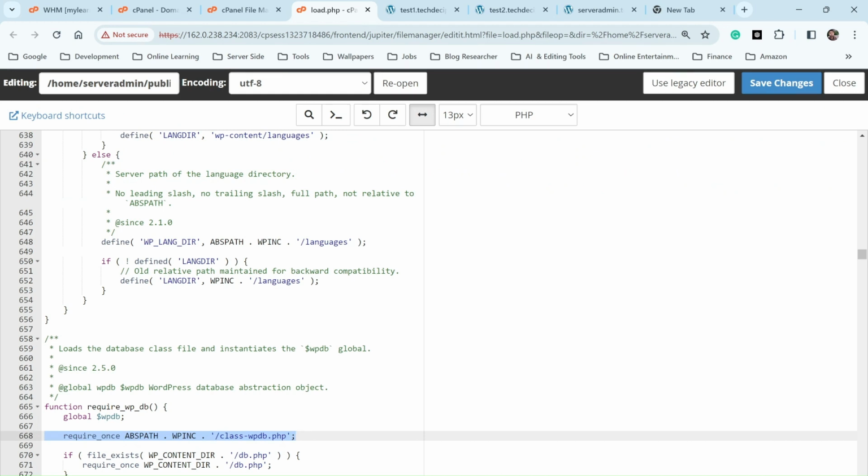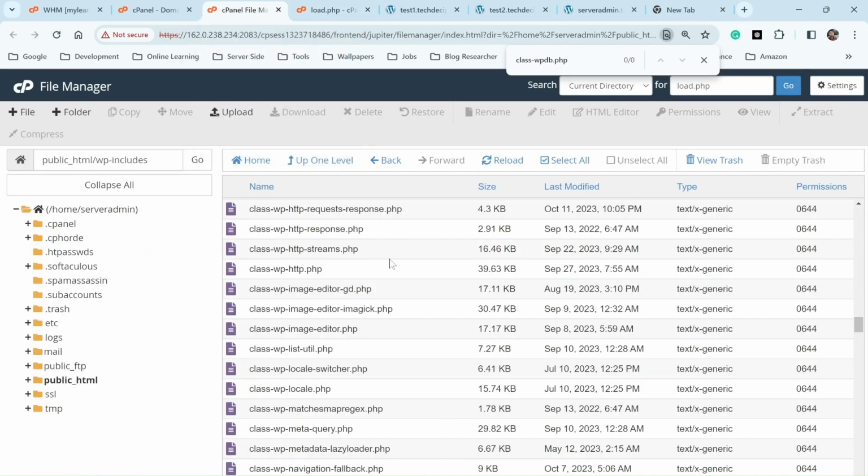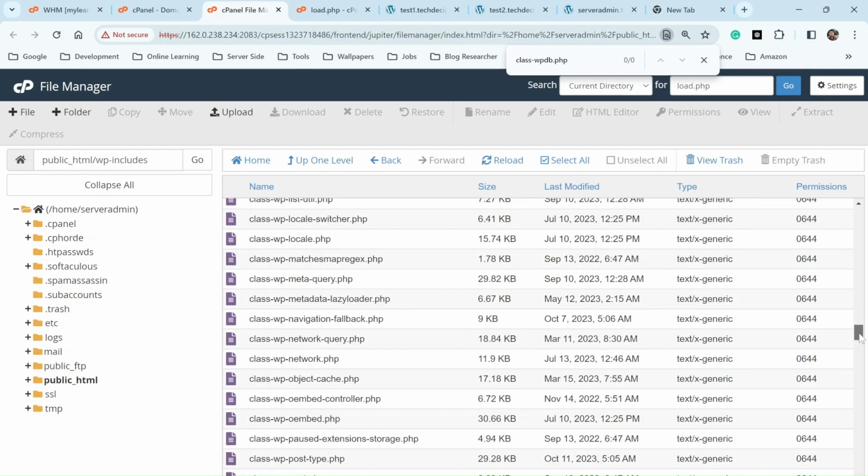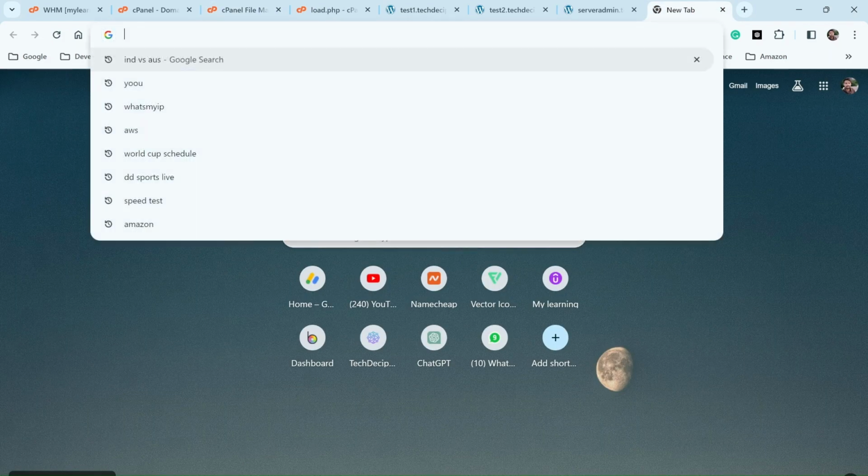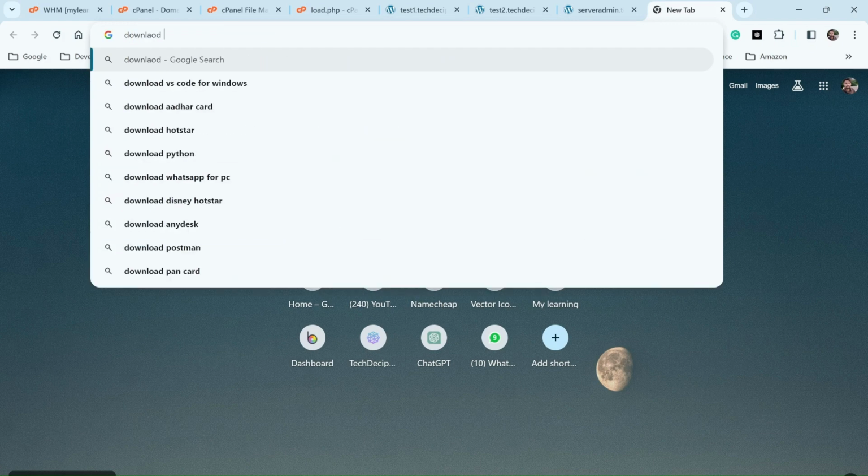It does not exist. The way to fix it is to get that particular file added back to your core files in the very same location it is referencing. First I would verify which WordPress version I have, because we are going to download the core files for that WordPress version for my website. I'll show you why. I'm going to go to download WordPress,